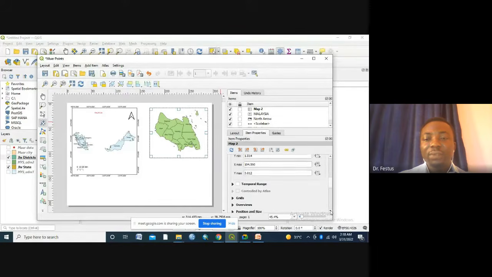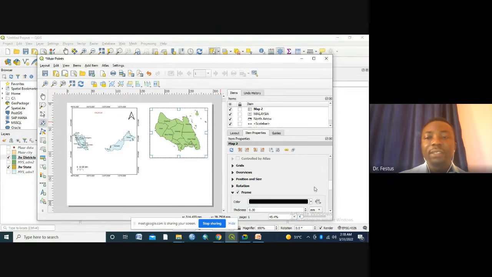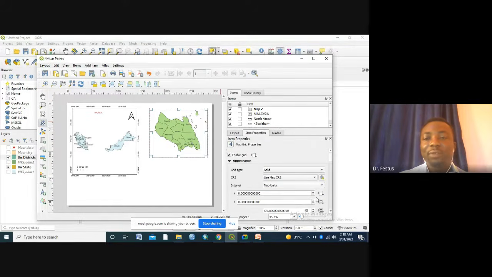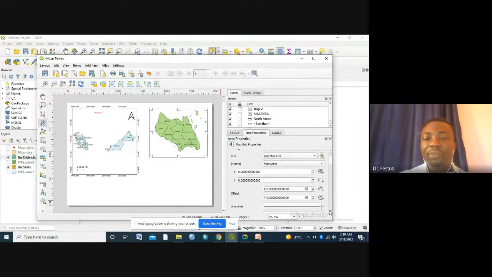Then you get to the grids. Okay, before the grids, put the frame. Click on frame, all right? Then go back to the grids, click on grids, then click plus, then click on the grid one, then modify grid. So once you click modify grid, then to bring this up again, you want to determine how you want the grids to appear on the